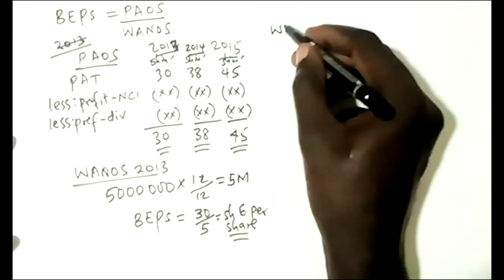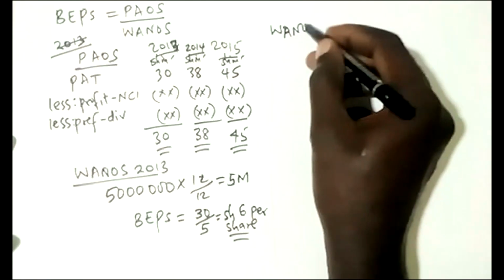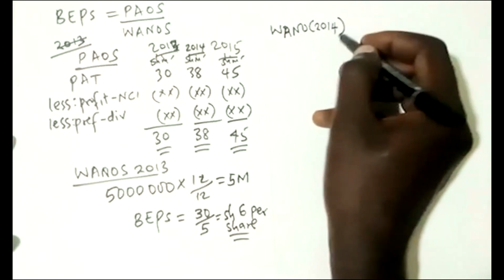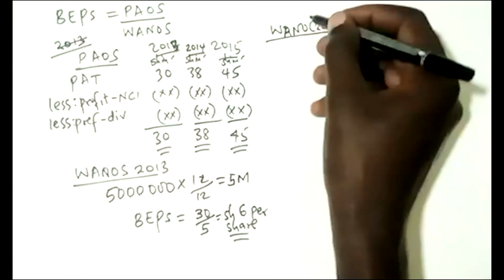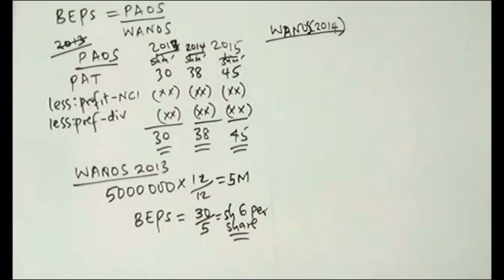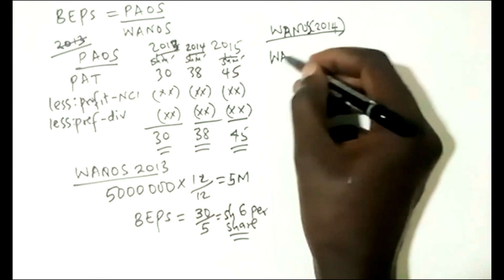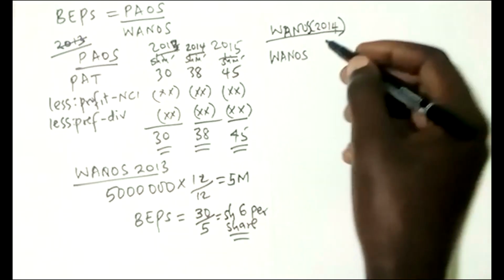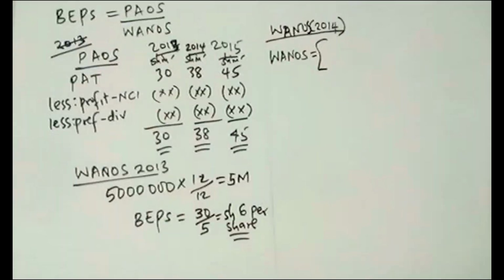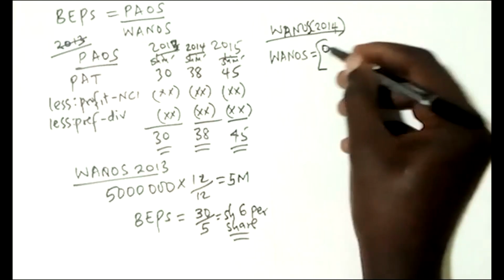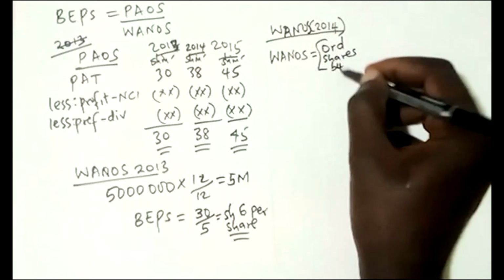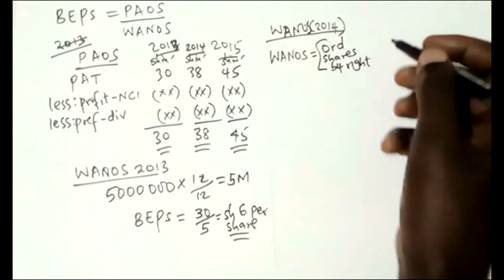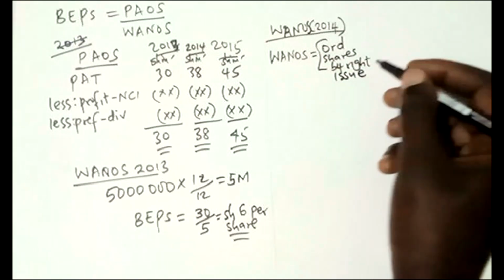So looking for the WANOS 2014. In 2014, there was a rights issue. And when there's a rights issue, you know that you have to use the formula. So the formula for determining WANOS, when there's a rights issue, you say: ordinary shares before the rights issue,